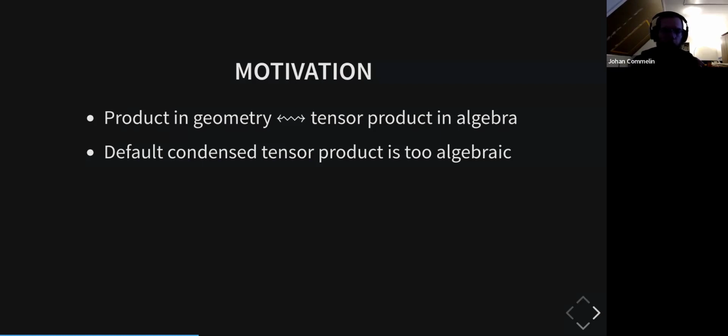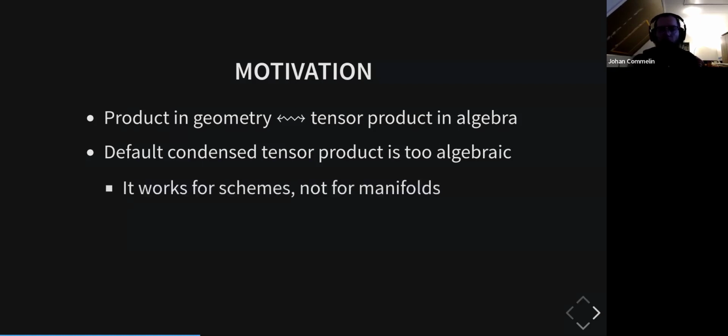It's going to be the adjoint functor to the Hom functor. But it's too algebraic because it's just like the tensor product of sheaves that we know. So it's basically a pointwise tensor product, and then you sheafify. And so that's not good. It works for schemes, but not for manifolds. As soon as you seriously start mixing in topology on the coefficients,